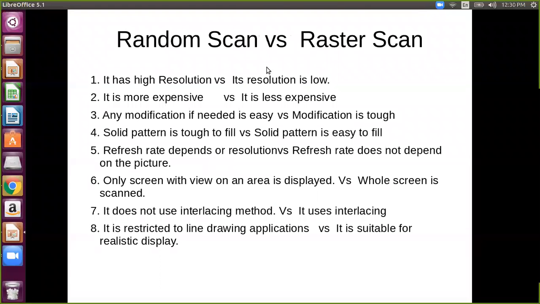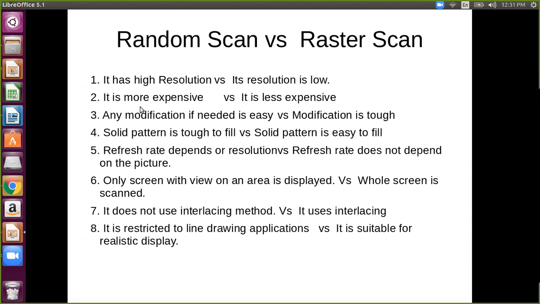If we differentiate, there are a number of points you can easily differentiate. You have to write some basic points: random scan produces high resolution, while raster has low resolution.